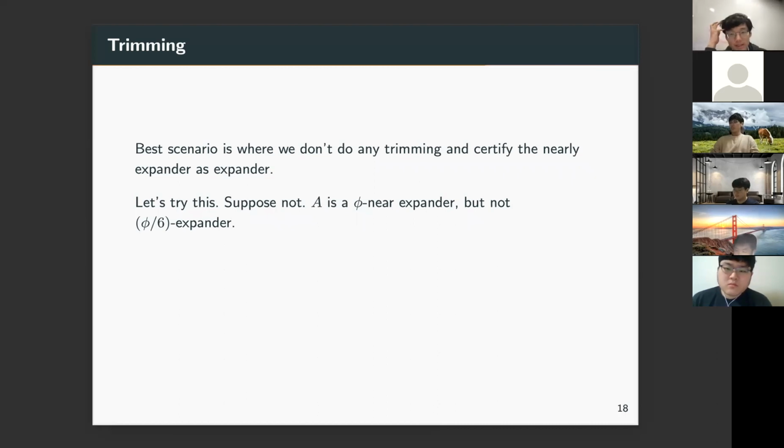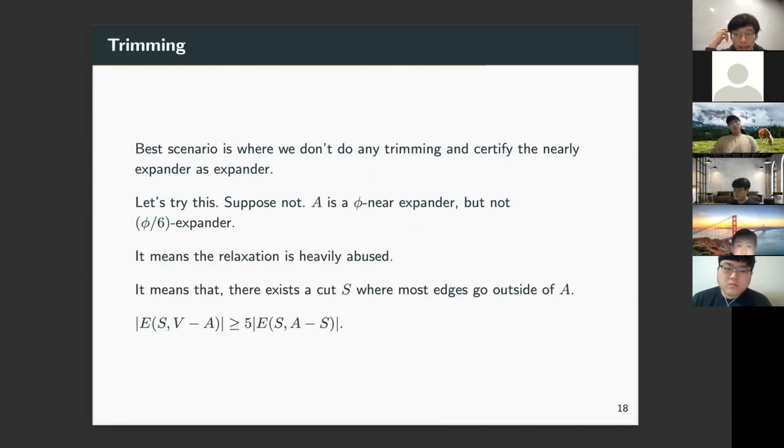Let's try it. Suppose not. So A is a phi Neal expander, but not a 5 divided by 6 expander. Then the relaxation is heavily abused. So what does it mean? So when we talked about expander,